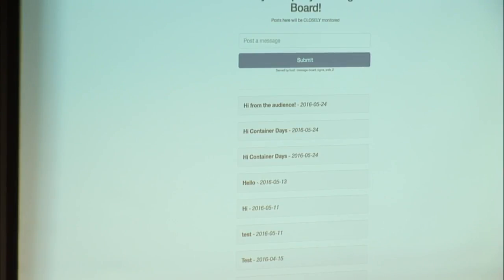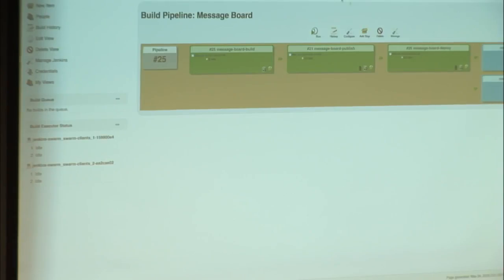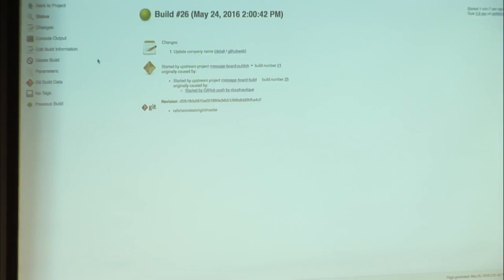Well, if this had worked and it had deployed, it would now say Acme Company, but now you end up in this situation of, well, now that it didn't work, how do I go troubleshoot that? Where do I go? Where's my logs? I can go to see the Jenkins job, and it's probably going to say, hey, everything went great, when we clearly know it didn't. See, it was successful.